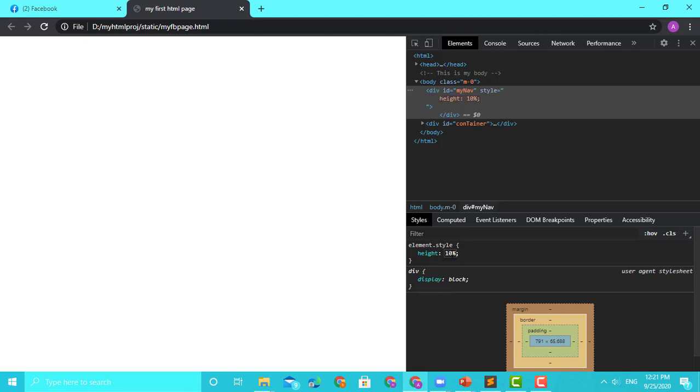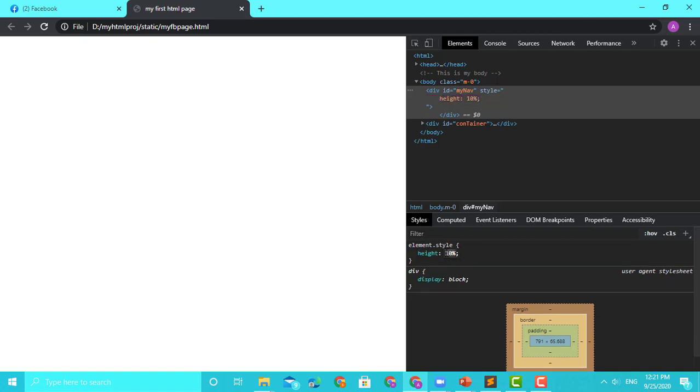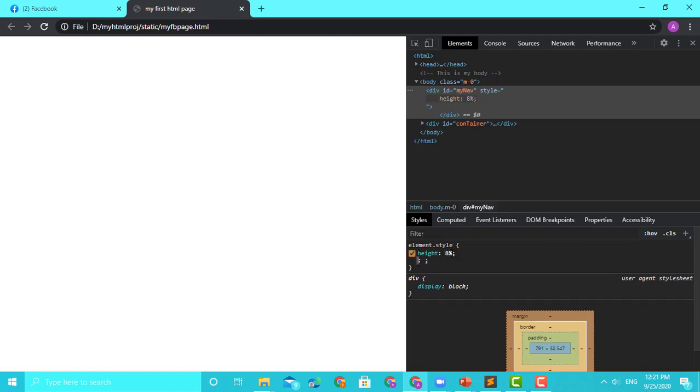I'll say 10% of the page. So this might be a bit smaller, but still okay. If you want, you put 8%. Normally I have seen it looks good in non-decimal, kind of a 10, 20, 30, it never fits, or the UI never fits. So it's always 8, 6, 92, 96, that's how it is. But yeah, again, it changes based on the size of the page. So for now, I have given this.